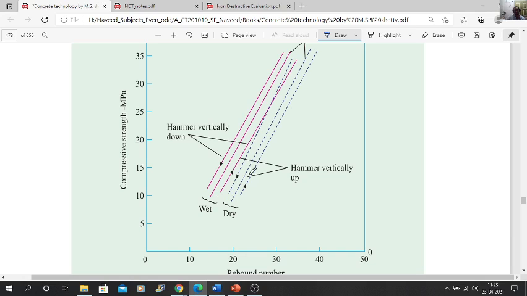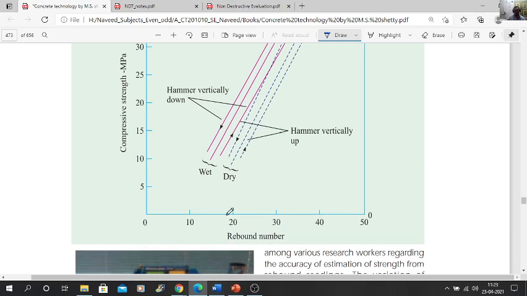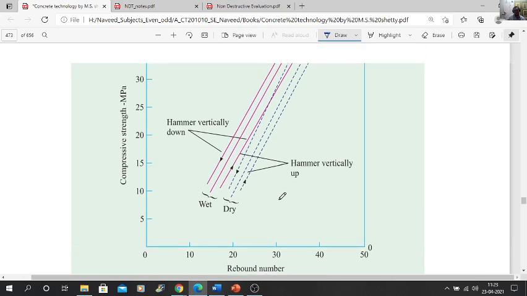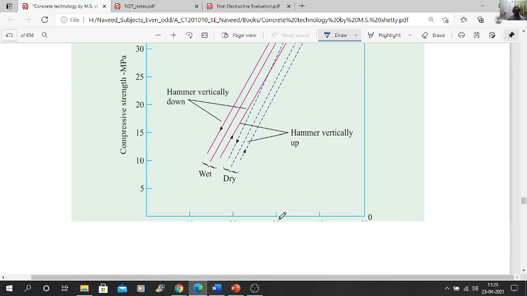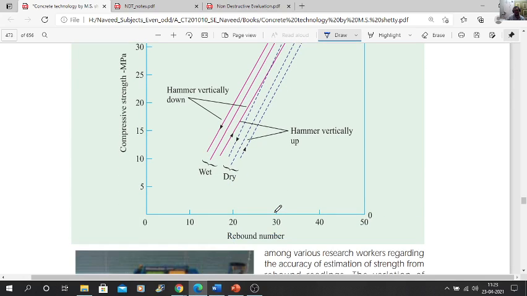Based on that, different graphs are there, and also based on the rebound number. If your rebound number is 30, you will project. If you did it in the dry state and hammered it vertically up, then you will come to know that your strength is somewhere between 15 to 20 MPa if your rebound number is 30.